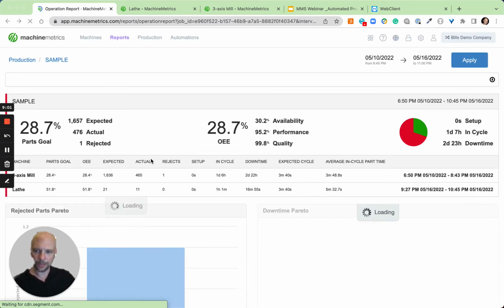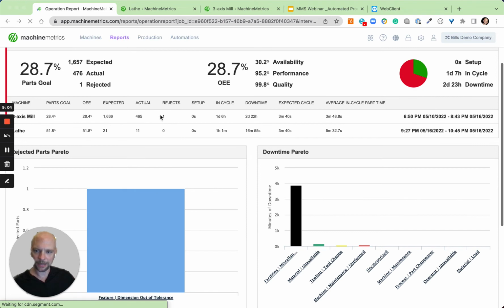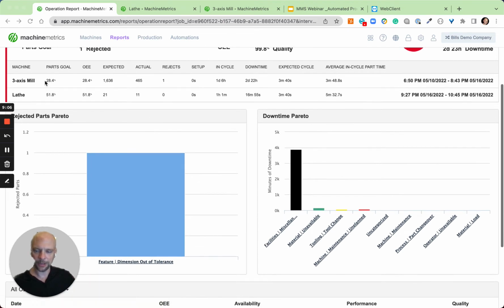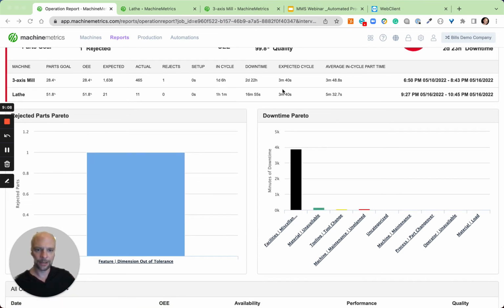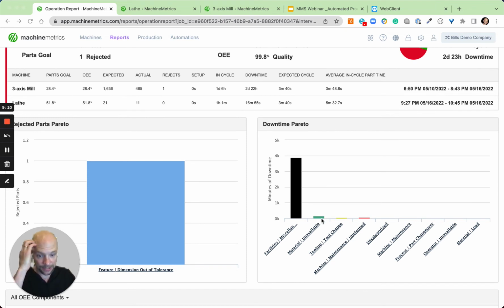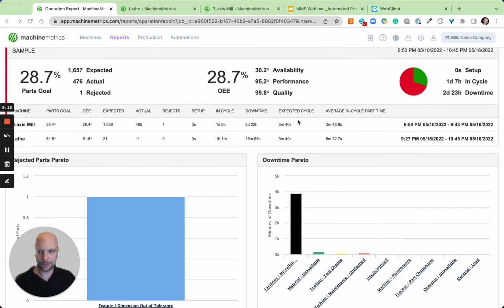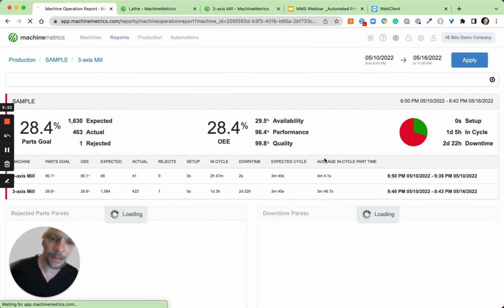And this will pull in all the machines that this operation ran on, so the mill, and it ran on that lathe at one point. You could see where that downtime came from if you have your operators classifying downtime, and also any rejections. These features are both optional, but let's drill in a little bit further into this mill, and we can see